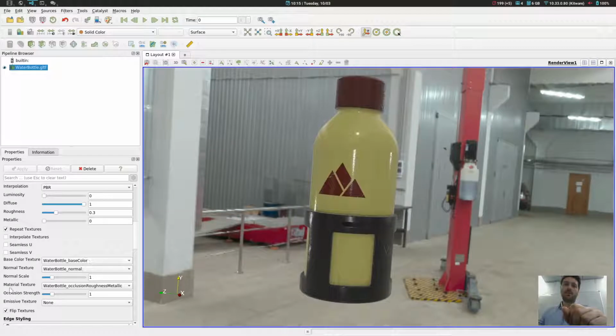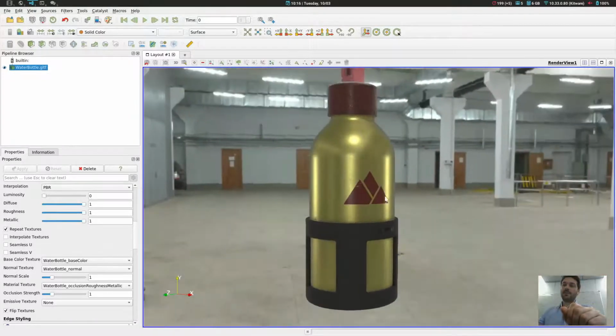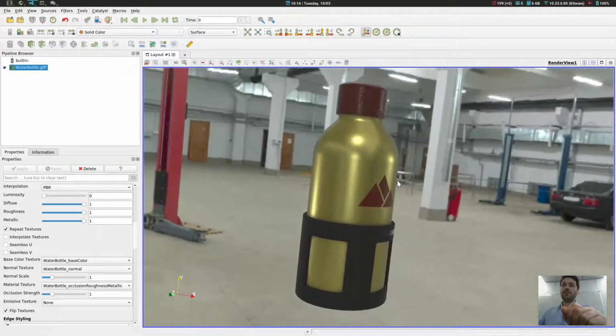So when using a material texture, you want to put all these sliders to 1, because they are acting like the normal scale, as a coefficient that is multiplied with the parameters that are encoded in the texture. Yeah. So you will have a nice material, with a metallic surface here and a more plastic one on the other part of the object.